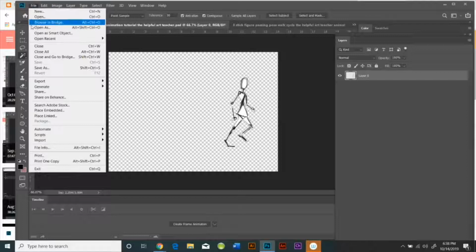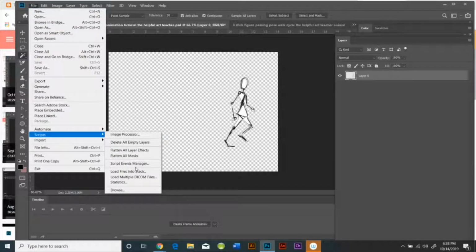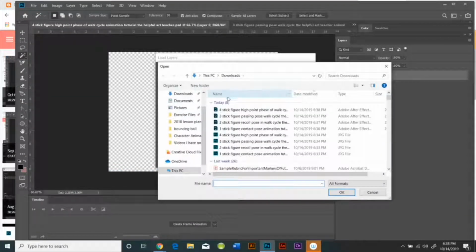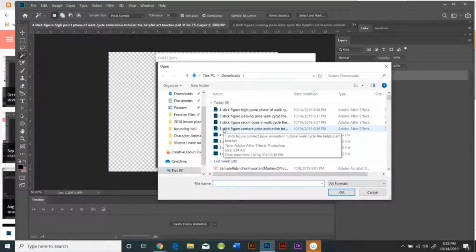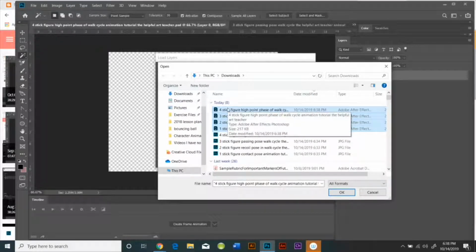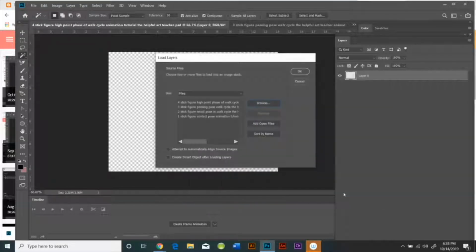And now File, Scripts, Load Images into Stack, and then you're going to hit Browse, and you're going to select all 4 of the images you just saved. You're going to load them into a stack, and once they're in that little window and loaded into a stack, you're going to have to select all 4 files again and then hit OK. Once the stack loads, which should be very quickly since there's only 4 of them,